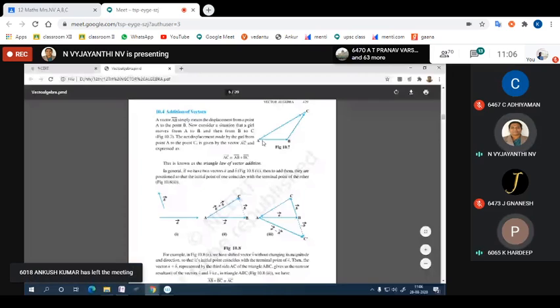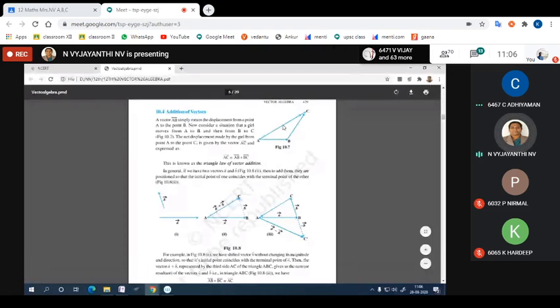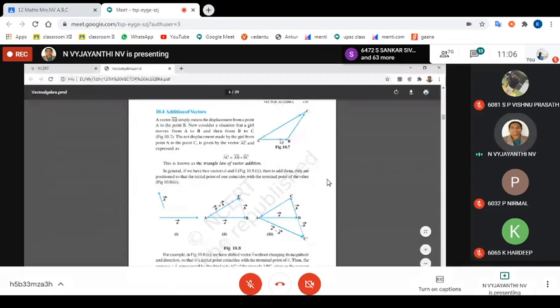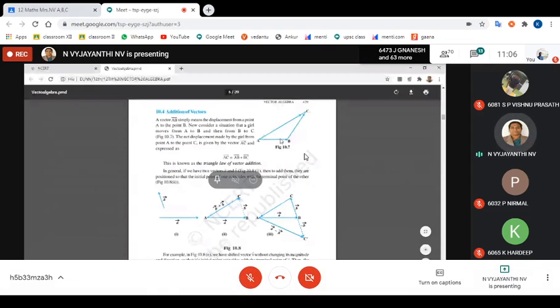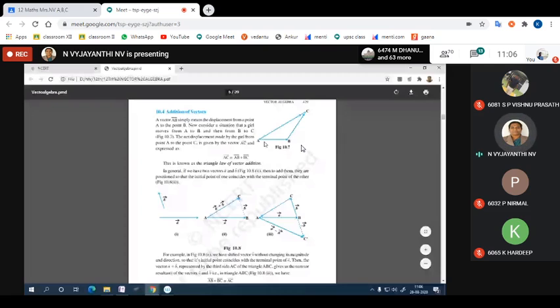From Amravati Nagar to Udumalpet, then from Udumalpet to Palani. What does it mean? You are traveling from Amravati to Palani, isn't it? So AB plus BC vector is AC vector. I have written AB vector as OB minus OA because it will be easy for position vectors also. Understood?